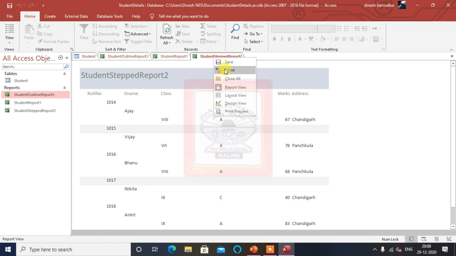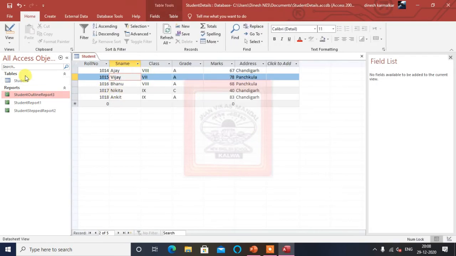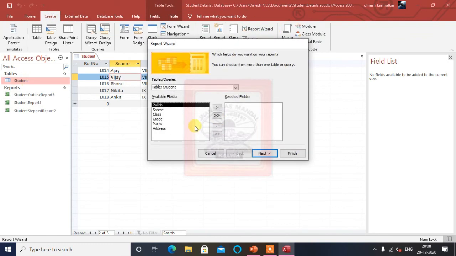Let's close all these things. Afterwards I will show all in one line. Now the other way is that I will take only a few things, like roll number, and I will take only the grade and marks of that class. I will take class, and I will take the grade of that. So these 3 fields are enough.